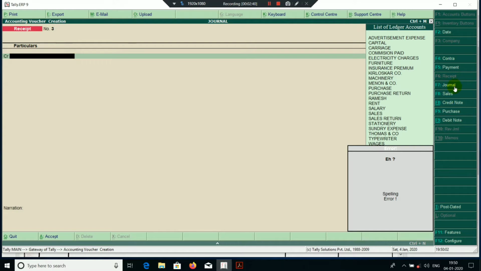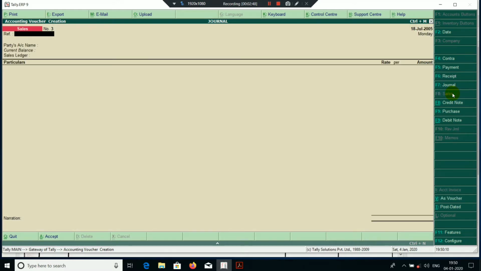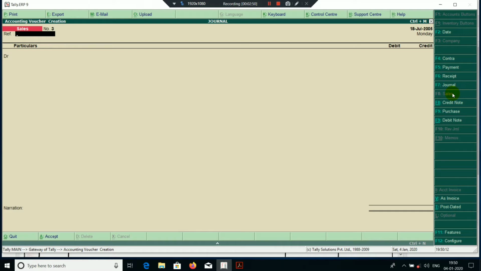Okay, so if you are passing any transaction related to sales, first of all go to sales. First open the sales window and press Ctrl plus V. Then you have to pass the journal entry here. If you are having any doubt which transaction leads to which category,